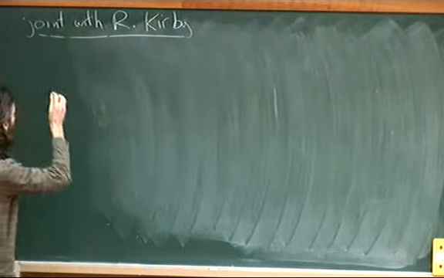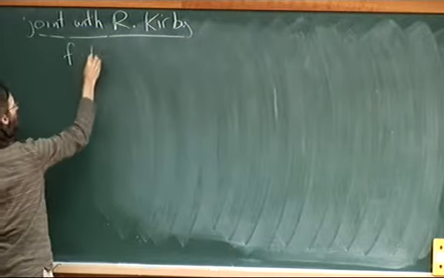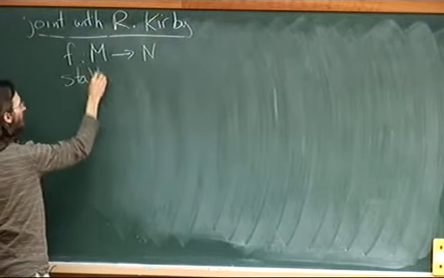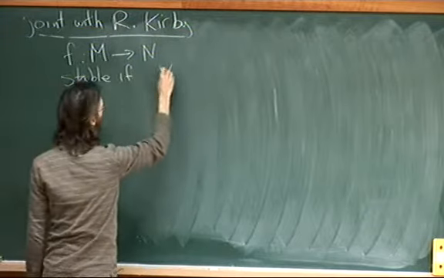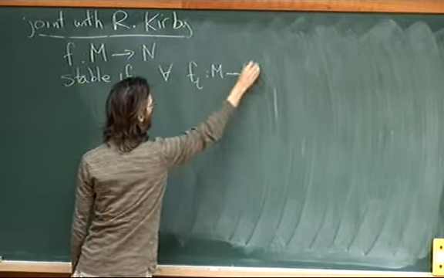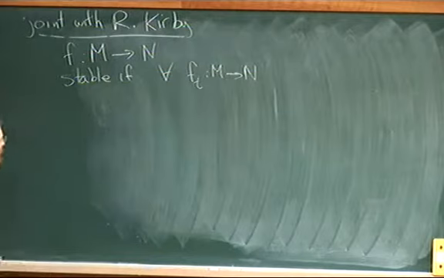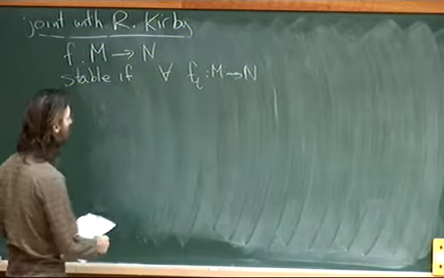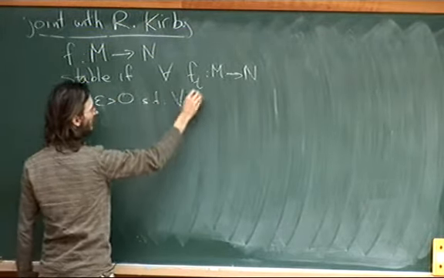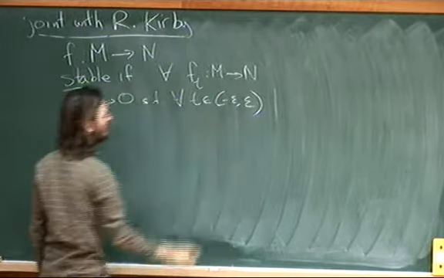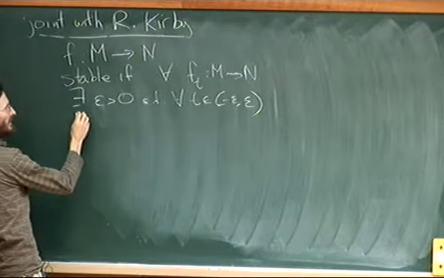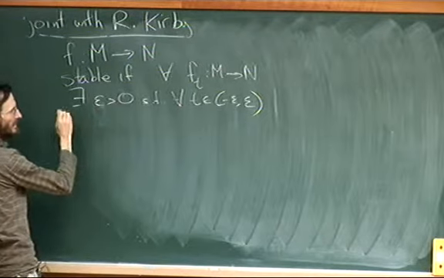And so first of all, if I have a smooth map f from one manifold M to another manifold N, I'll say that it's stable if for any perturbation f sub t, and this means t is just some parameter, maybe just from minus epsilon to epsilon, and the map is varying smoothly with respect to t, there exists some epsilon greater than 0, such that for all t between minus epsilon and epsilon,